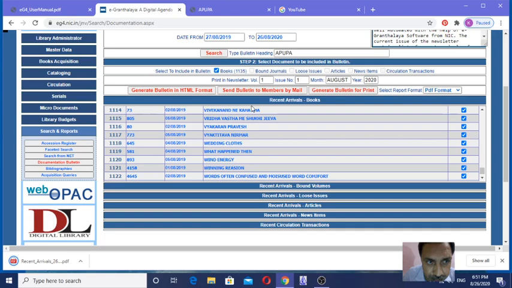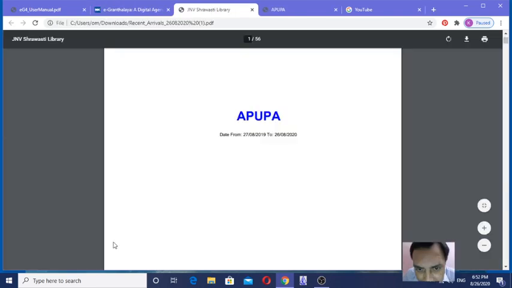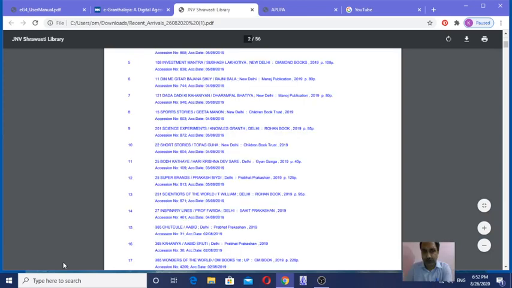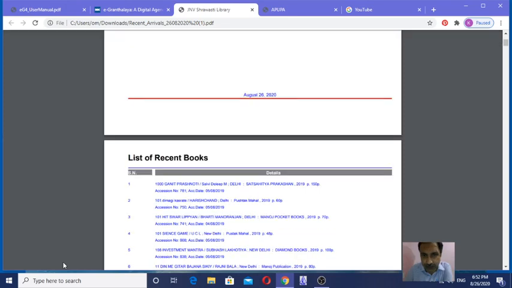Just see, a Pupa. Wow, this one is the PDF format. This one is the format here. This way you will get the report for print. First one was in HTML format. This one is for print, and we will see the third one also.